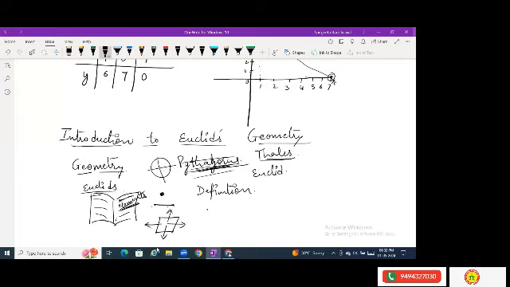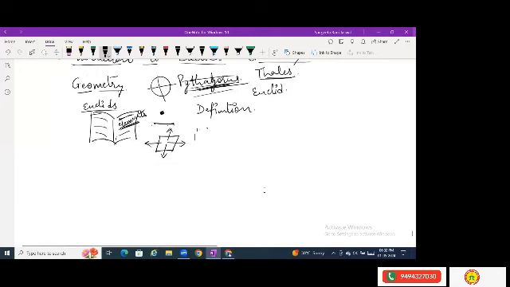And what sort of results were there in this book? You have some of them listed in your notebook, in your textbook chapter also. We would just discuss some of those points, and you must be thorough with them. Some axioms and postulates were there. First, we will discuss what elements were there in his book. The first thing he said was that a point is that which has no parts.